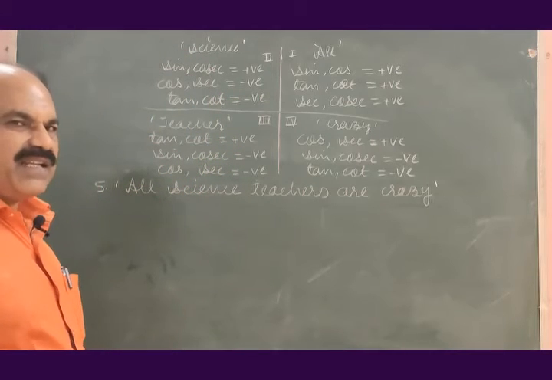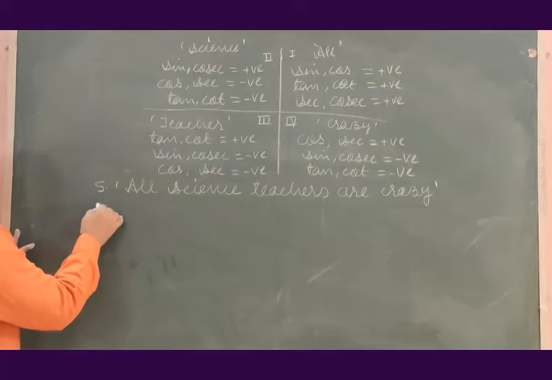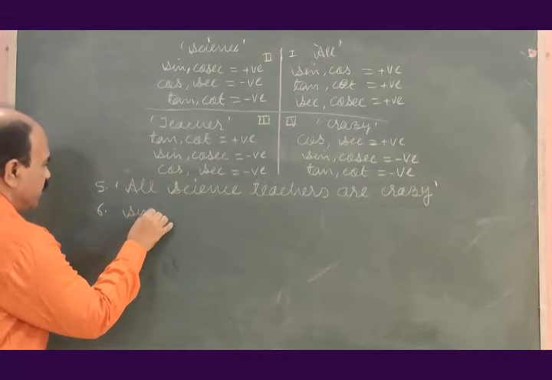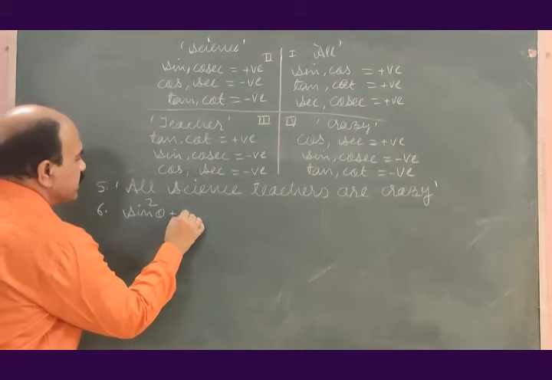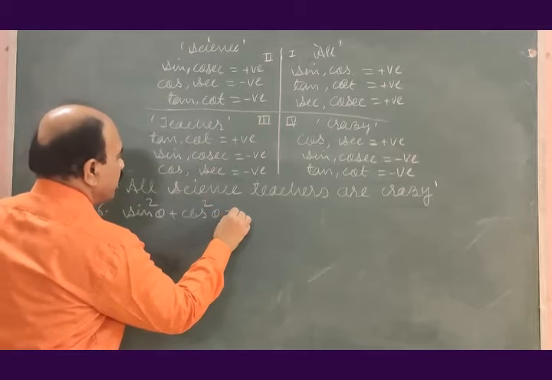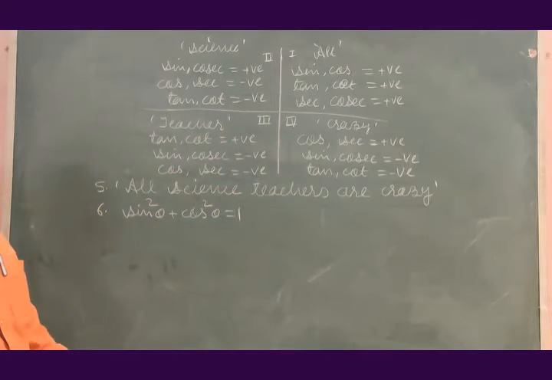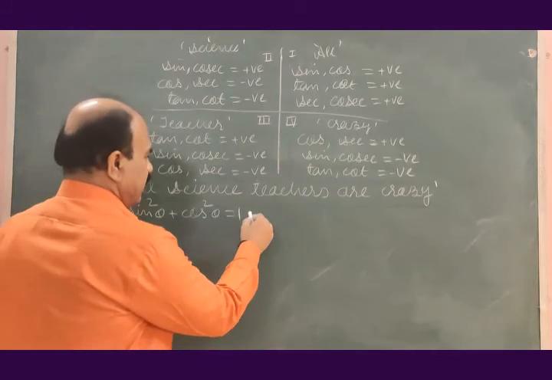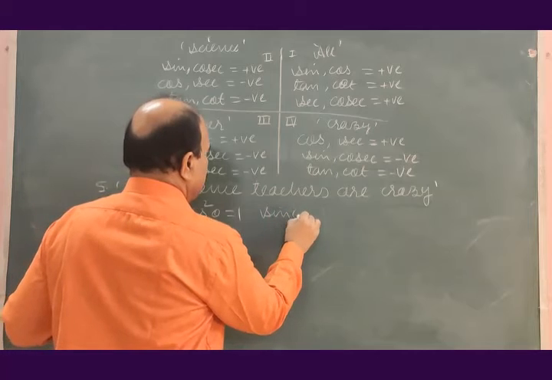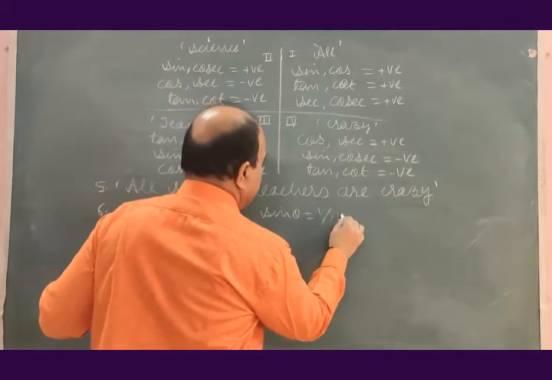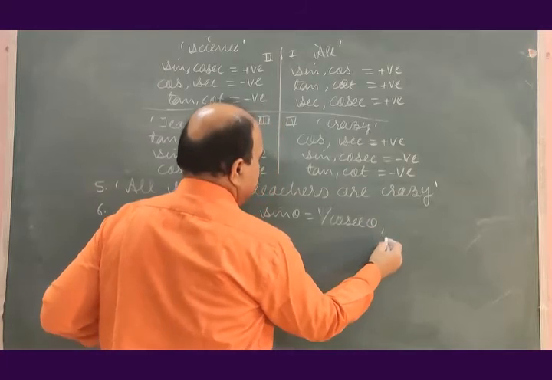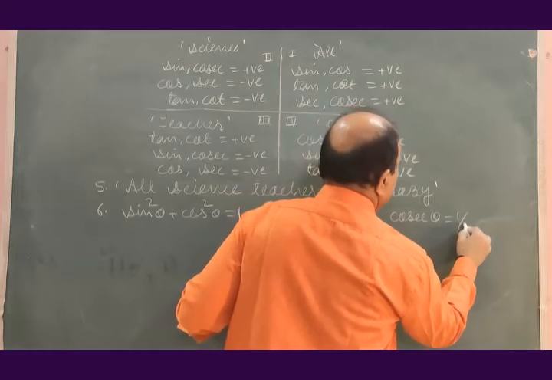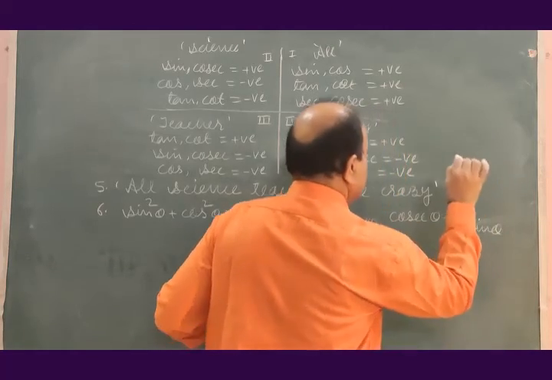It is about the fundamental identities. There are too many fundamental identities. Let me just put here the ones you know. Sin square theta plus cos square theta is equal to 1. Sin theta is equal to 1 divided by cosec theta. In other words, cosec theta is equal to 1 divided by sin theta.